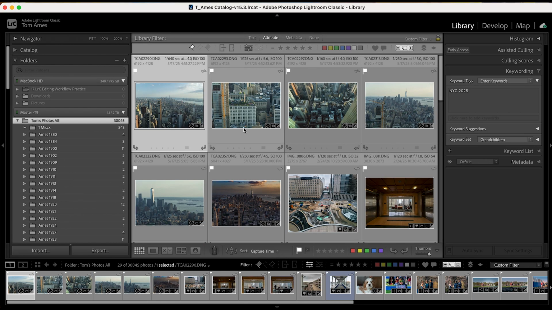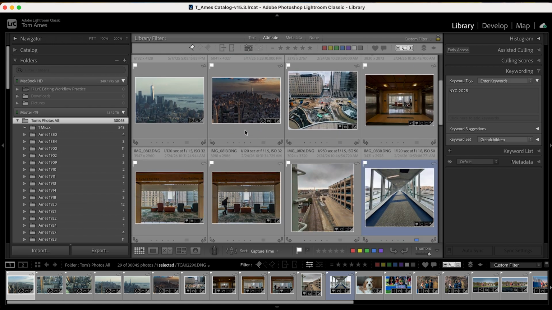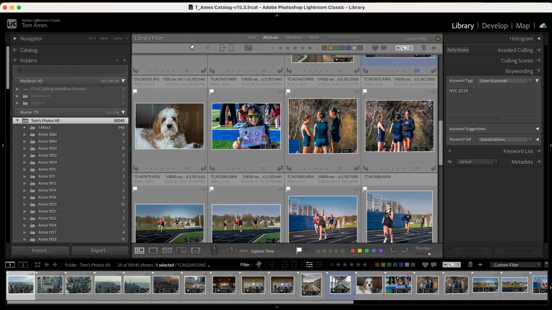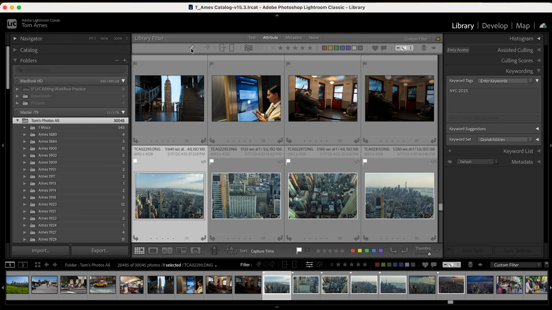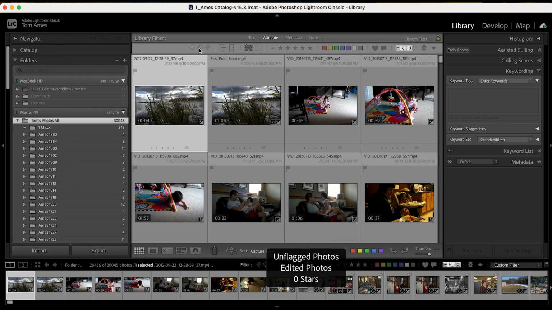Here are the pictures that have the pick flag. Here are the pictures that don't have any flags. Here are the pictures